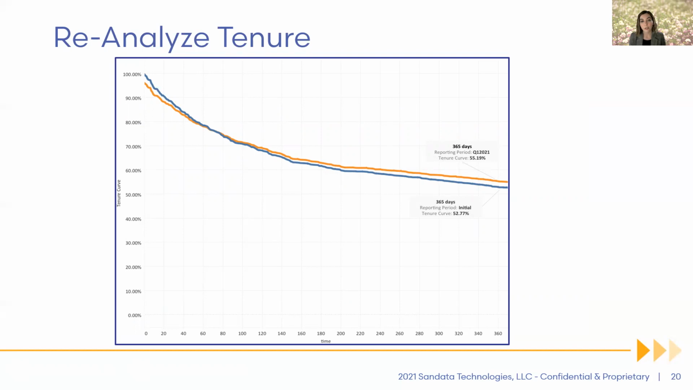reanalyze that 10-year curve. So here's an example of an organization where after their first reporting period, which was the initial one for the project, their tenure at 365 days on average was around 52.77%. After implementing just a couple of things, actually they didn't implement any of them fully, they actually saw an improvement in their tenure curve for that first year up to 55.19%. So this may not seem like a lot of change and a lot of movement, but again, this was without really fully implementing any of the